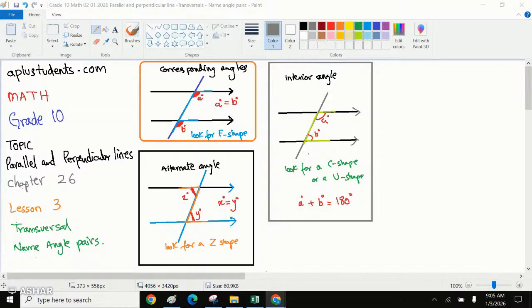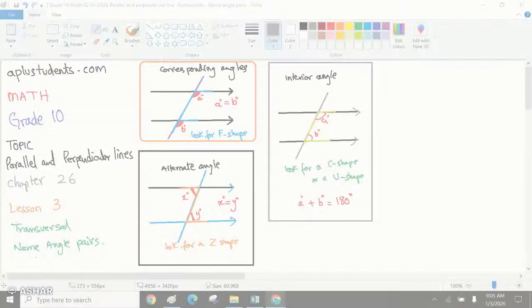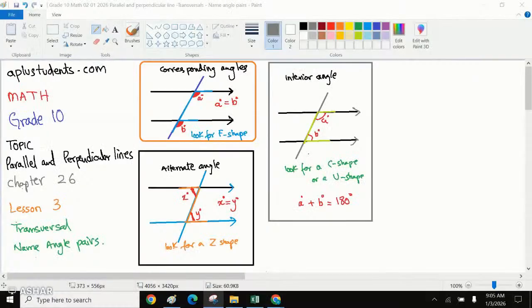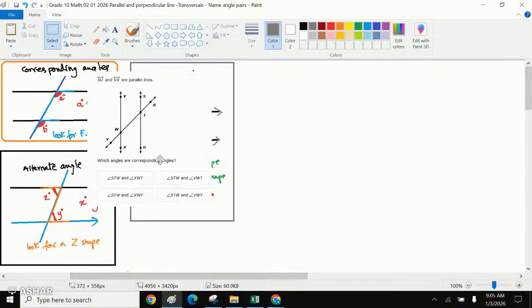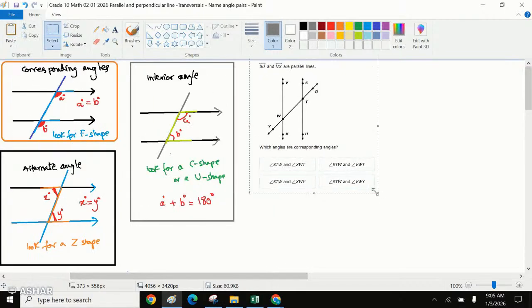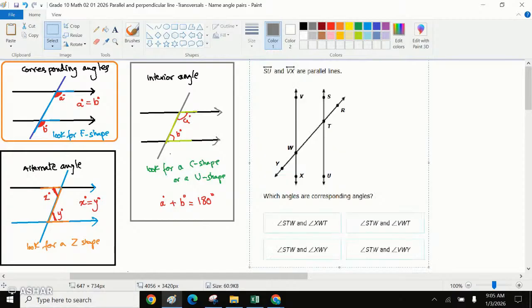Okay, the first question we have is, they're asking us, a shape is given, 4 options are given to us. We need to find the corresponding angles. Okay, so let's do the first question. I'll just copy it over here. Okay. The question number 1 says